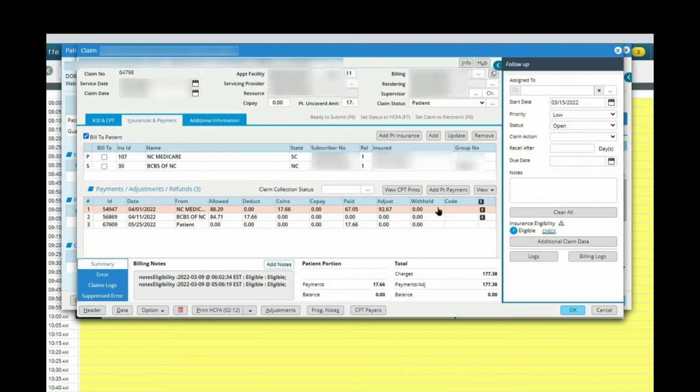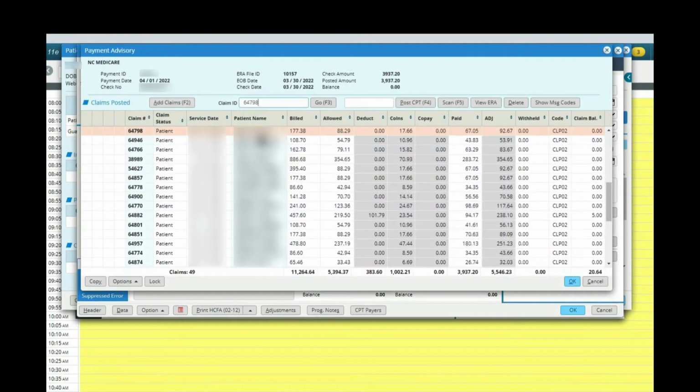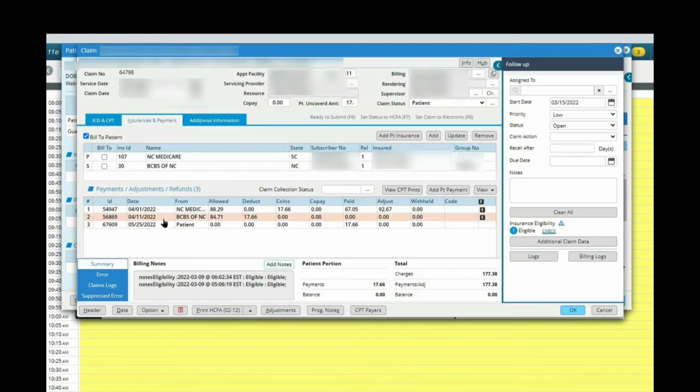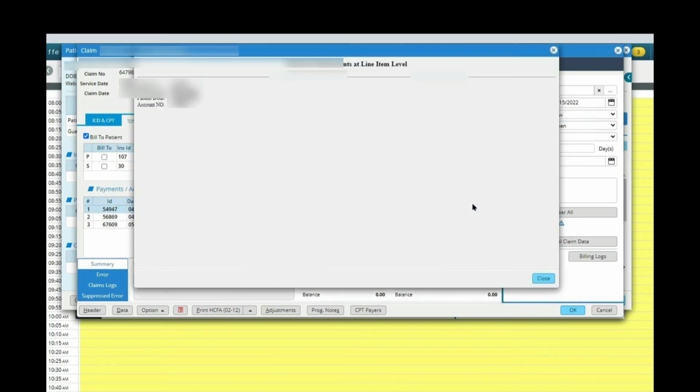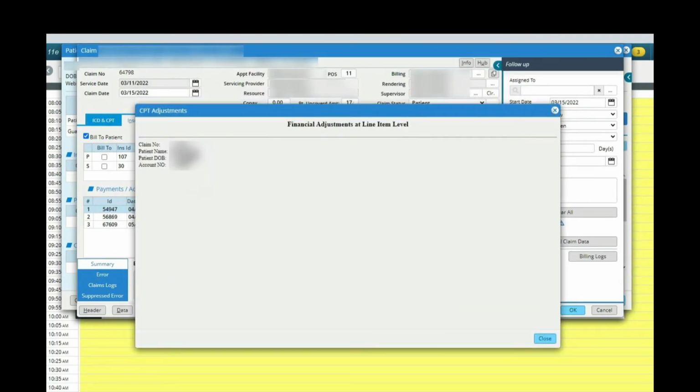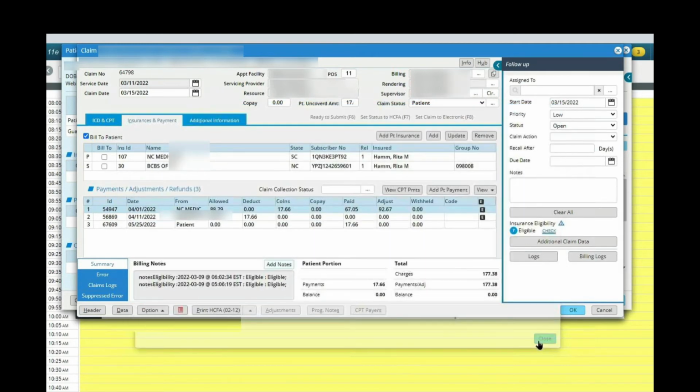You can select any of these payments, select View, and then View Detail. Takes you to the same place we were before. If you select Pay and Cancel, you go back to where you were. You can also select these payments and view any CPT and financial adjustments on that claim. In this case, because it was the Medicare, it doesn't actually show the adjustments. I apologize for that. But this is kind of a bird's eye view of how to get to the ERA,